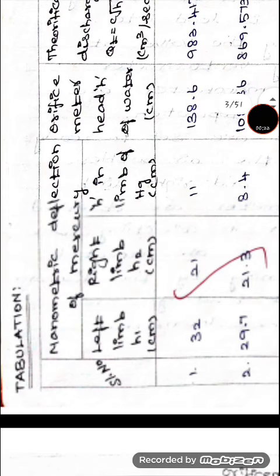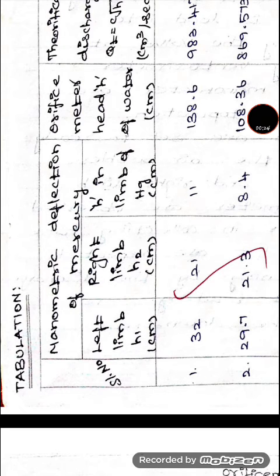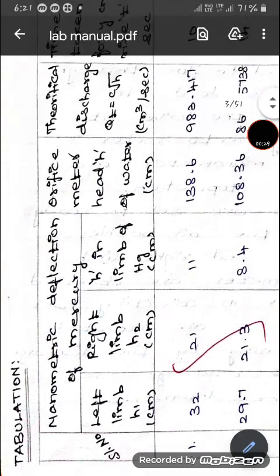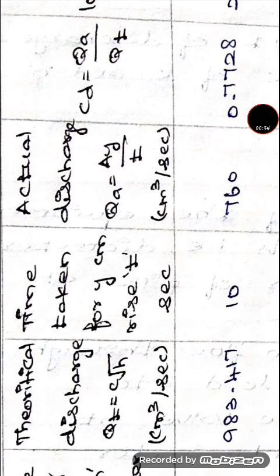During the experimental session, we have taken the manometric reading from the left and right limb of the manometer, which is filled with mercury, in centimeters. We have also taken the value of time taken for the rise of y centimeter, where y is taken as 10 centimeter for this experimental run from the collection time. So for 10 centimeter of water, how much time will it take to fill? That has been recorded during the experimental run.